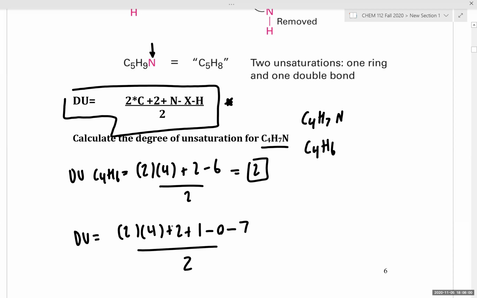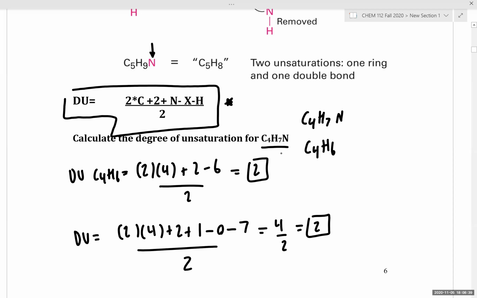So that gives us a total of 4 over 2, which in turn gives us a calculated degree of unsaturation of 2. So whichever method you find comfortable for handling nitrogen,